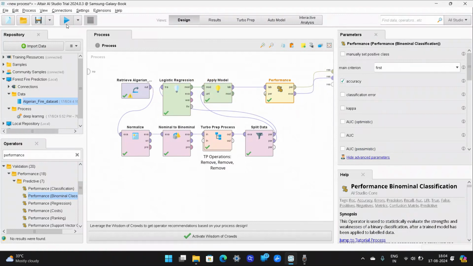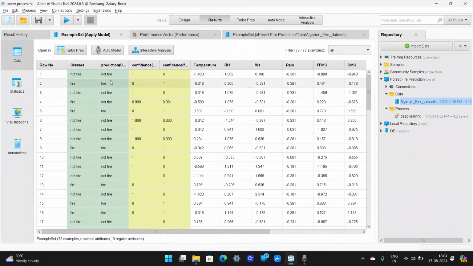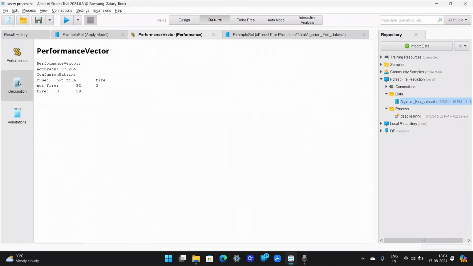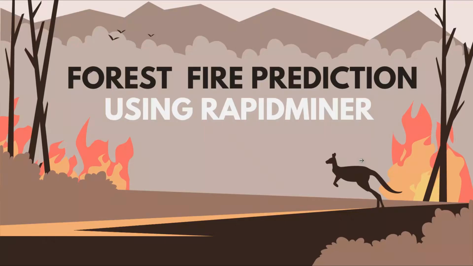And let's run this model. The result is this. All the predictions are shown, and we can also check the performance of this. Accuracy is 97.2726%, which I think is very good. And the unseen data it has predicted is 3925, which is also very good. And the precision is 95.1. And I can see the description. These are the descriptions. That was it from my side.